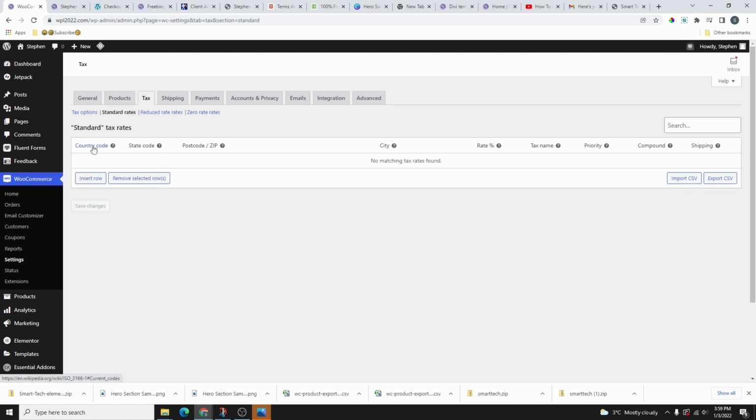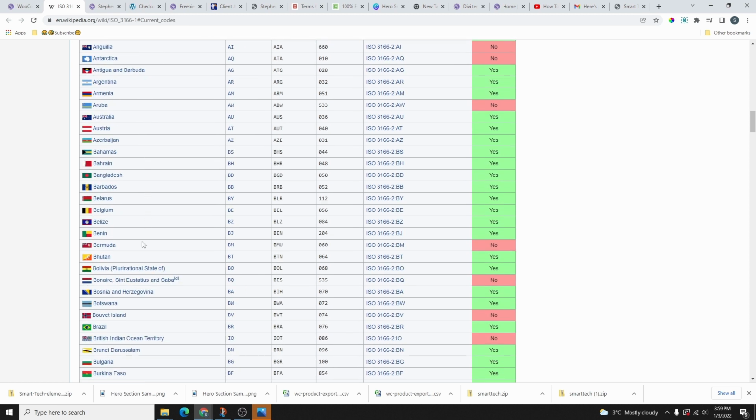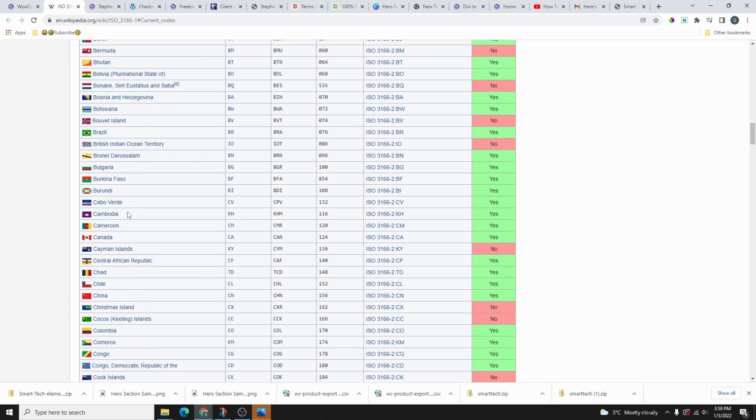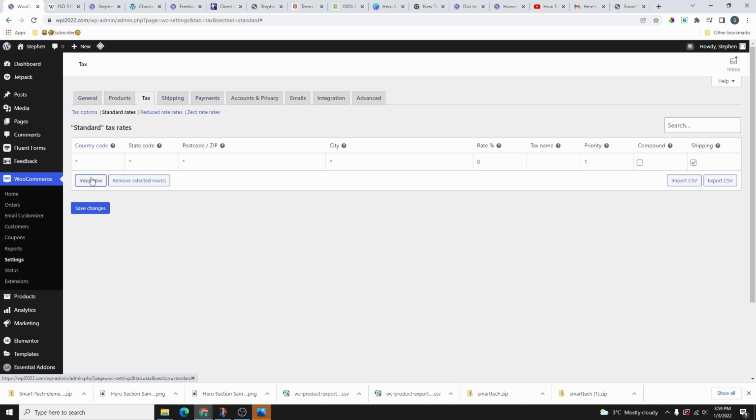For this one you will have to click here to get the country code. Maybe for this one we want to add one for Canada. We're going to scroll down here and find Canada on the list. So here is Canada and the code is CA. You can just copy that, come back here, and then insert a row and paste the